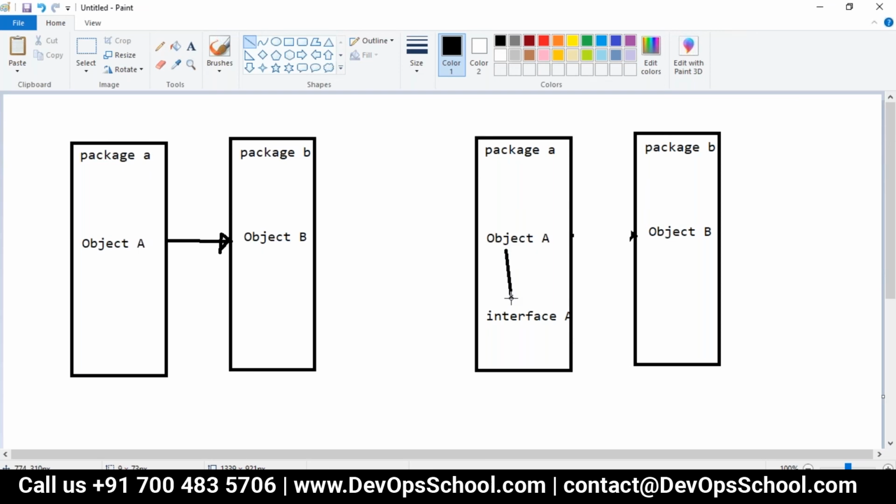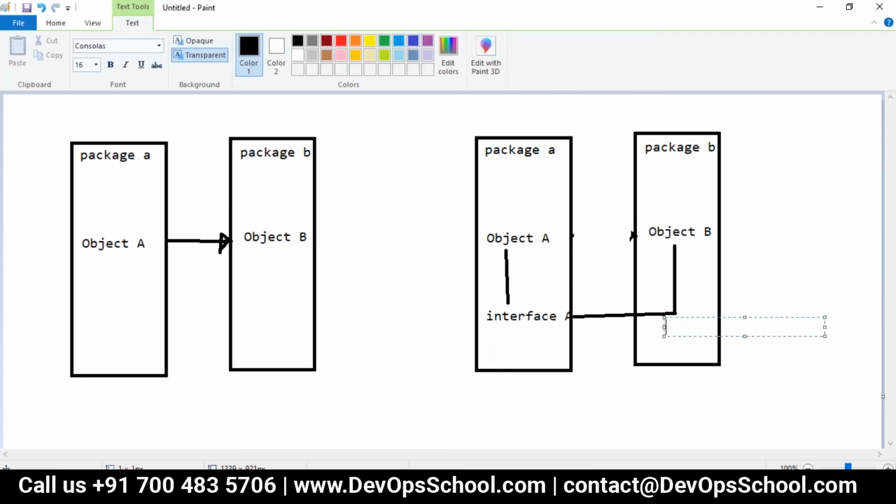Object A will reference this interface, and object B will inherit from it. This is without dependency inversion. This is with dependency inversion.